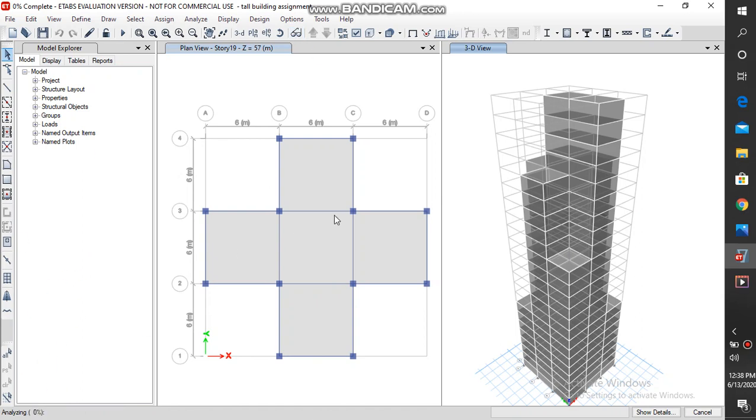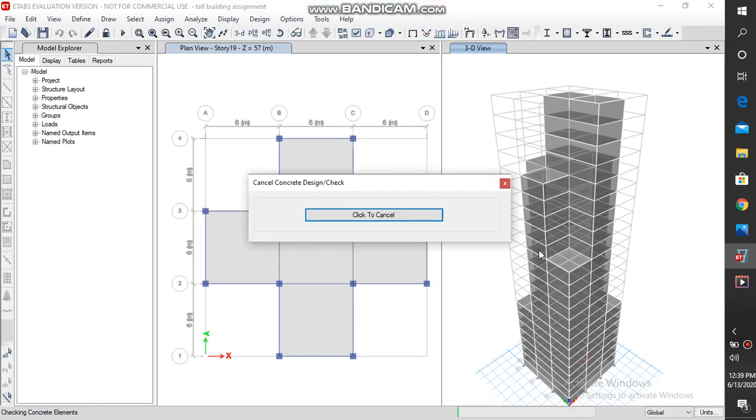Now we can see that the process of analysis and design has begun and is continuing.